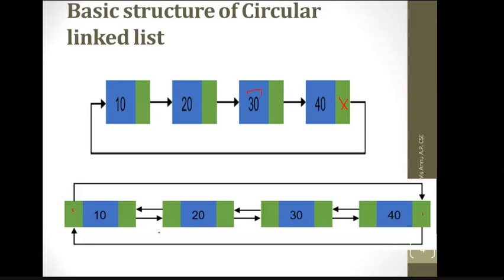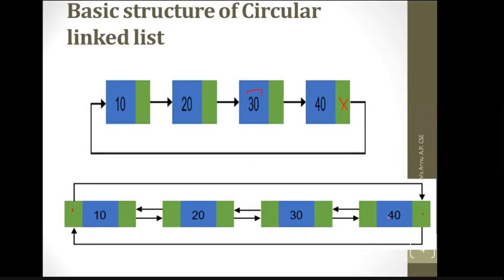So here, instead of defining this pointer as null, we are utilizing this pointer by storing some addresses. We are storing the address of the head in the last node's next, and the head's previous as the last node of the list. Okay, so the complete structure of circular linked list is clear to all of you. In singly linked list, we have the address of the very first node in the last node, and in doubly linked list, the last next will be head and the head previous will be the last of the list.